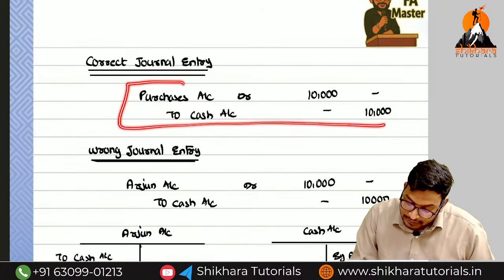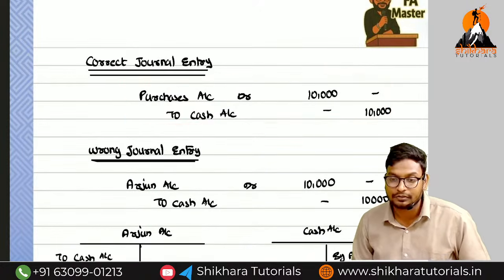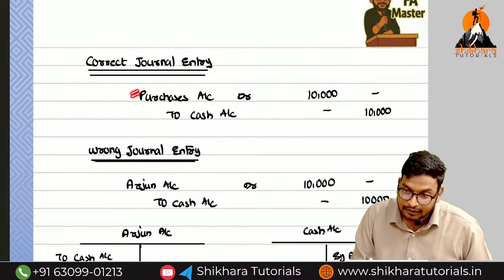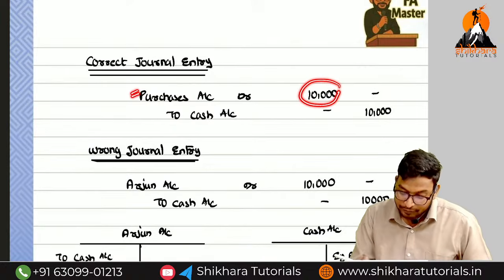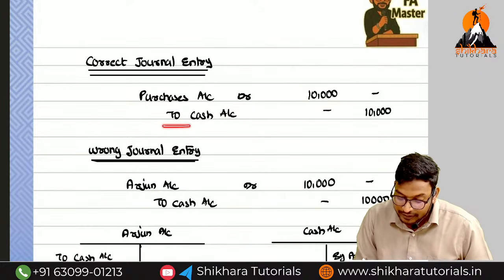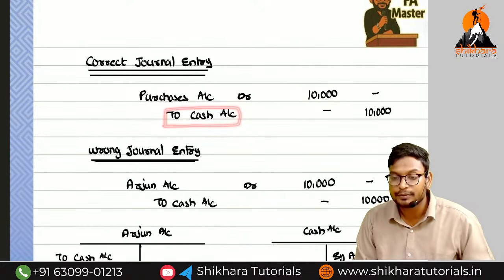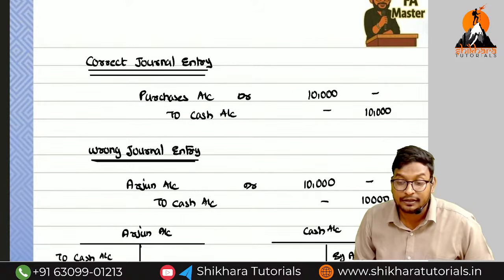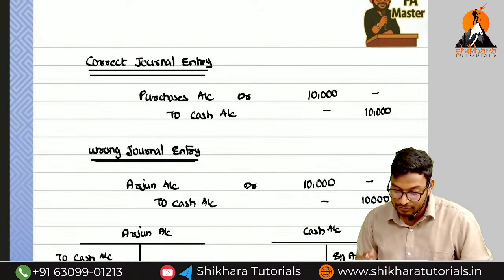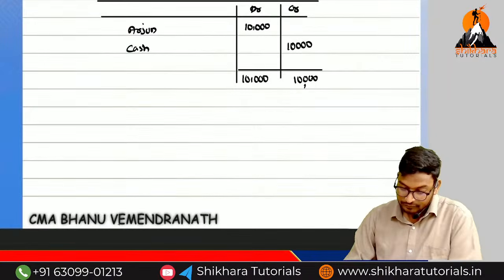What is the correct one? Purchase account debited to cash account. This purchase account is debited. For that reason, this balance will be debited in the trial balance. Because if you prepare the purchase account, what are you going to write? To cash account. If you prepare the cash account, what are you going to write? By purchase account. So okay, I will show that thing also. Okay? Now